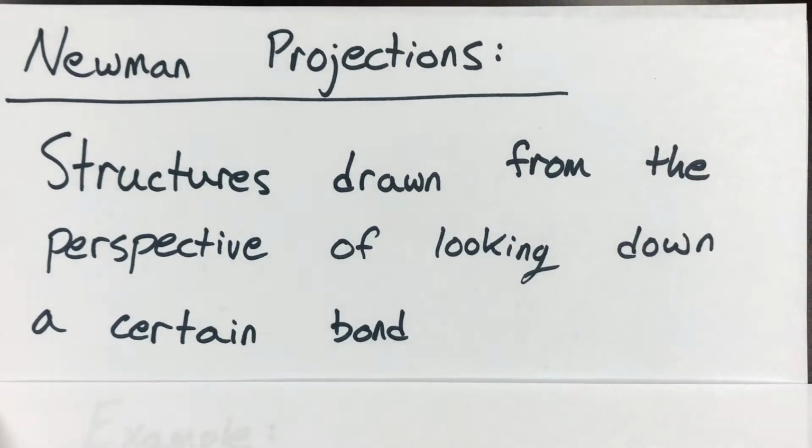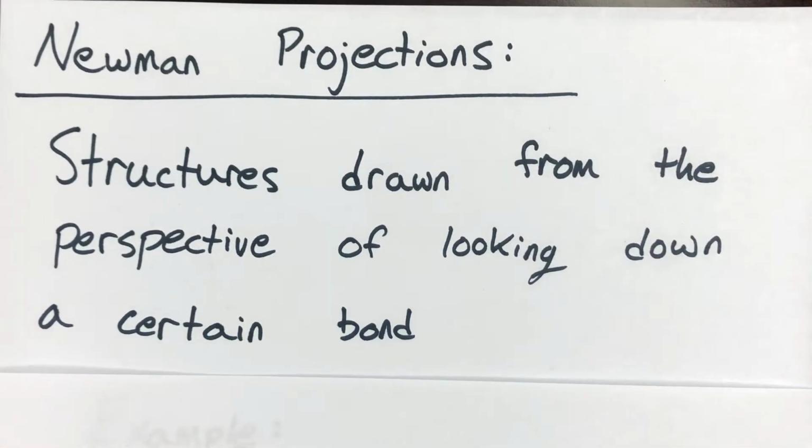First of all, what is a Newman projection? Newman projections are structures drawn from the perspective of looking down a certain bond. This is different from skeletal structures because you're essentially looking at that structure from the side of bonds, so you can see all of the individual atoms, none of them are overlapping. But when you're looking down a bond in a Newman projection, there will be atoms that are involved in that